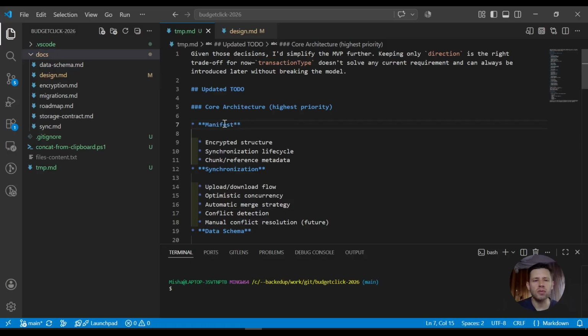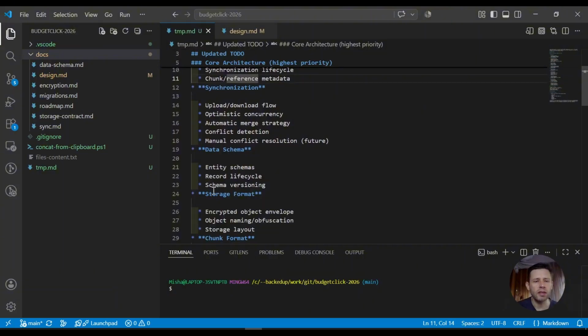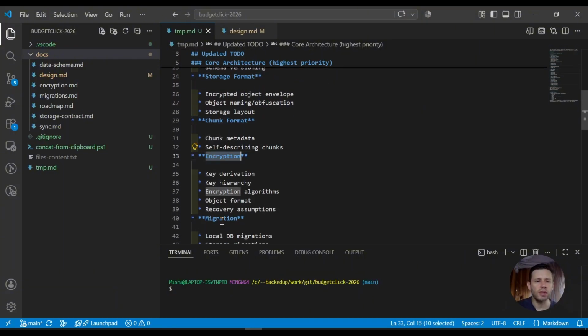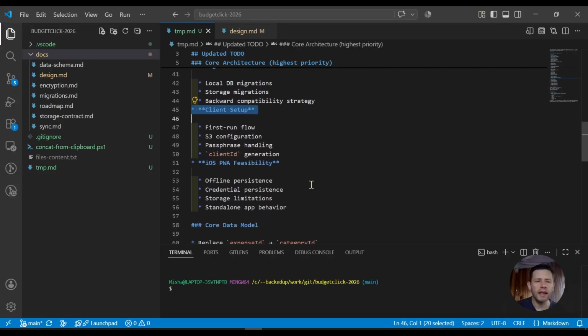We need to finish the manifest, synchronization, data schema, storage format, chunk format, encryption, migration, client setup, and last but one of the most important and critical things, we will need to check iOS PWA feasibility,